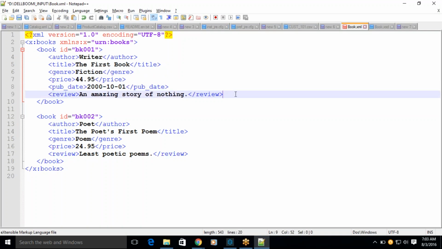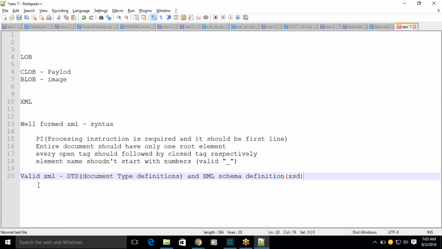But if I add one more element and then go for validation, because the XML file is a physical file where the actual data will be there, you have to validate this XML file against one of the metadata. First we'll see what metadata, then we'll explain it. See, this is the document type